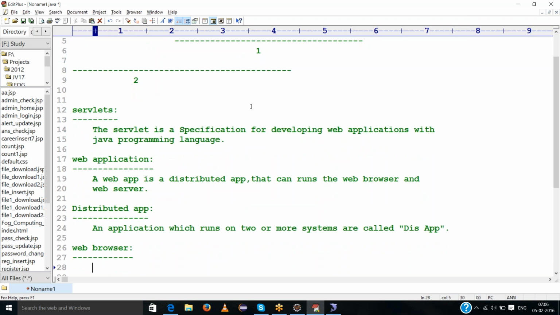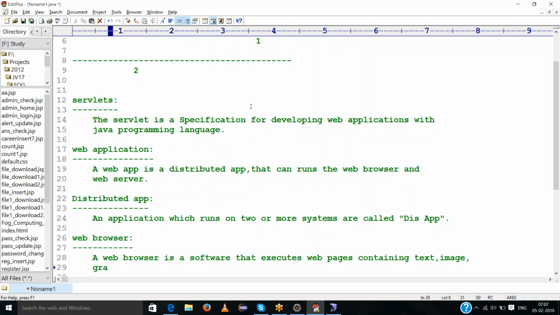What does a web browser mean? A web browser is software that executes web pages containing text, images, graphics, animations, and so on.